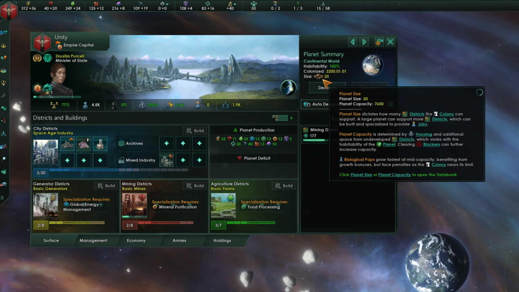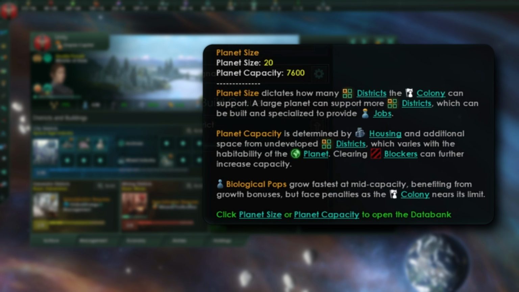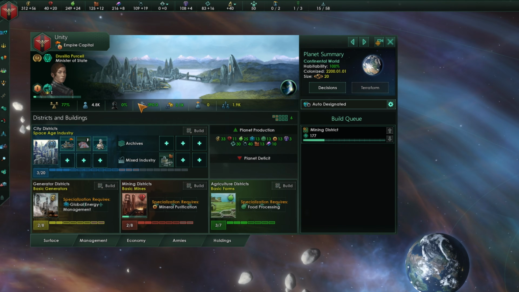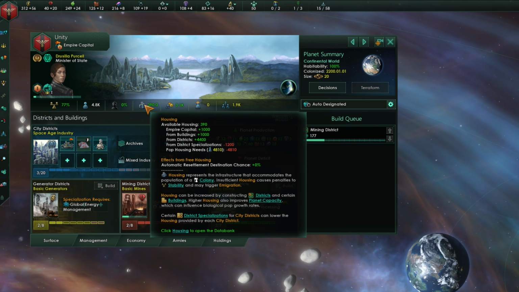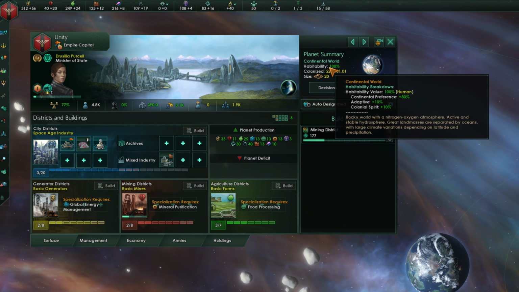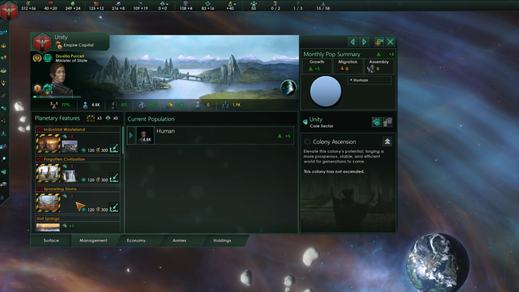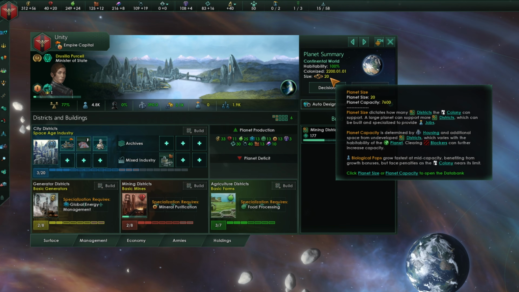If you hover over the planet size, you can see an estimation of your planet capacity. Planet capacity is basically how many pops can live on this planet. And this is determined by a whole bunch of factors, a big one being having a bunch of housing that your pops can live in, but also having a good planetary habitability and having as few blockers as possible on the planet. The reason that planet capacity is important is that pops grow fastest at about half of the planet